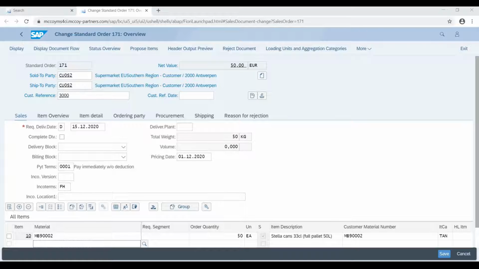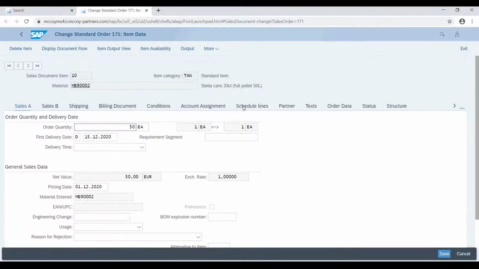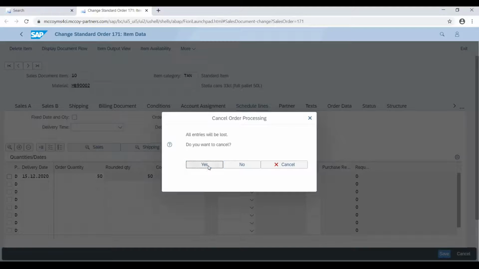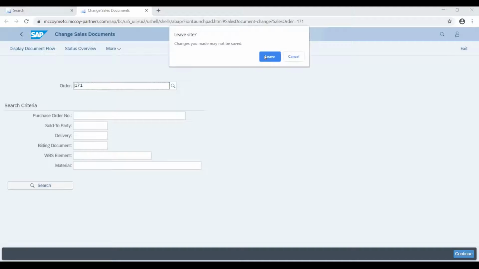Okay, so first of all, I wanted to be in S4. Carla, you're on mute. Yeah, now, and I wanted to show you that in S4, these orders are not confirmed yet. That's what we are going to do in IBP. So now I'm going to close S4 and go back to IBP.